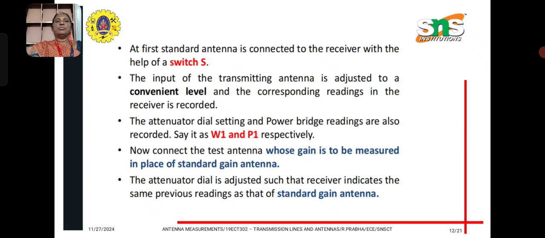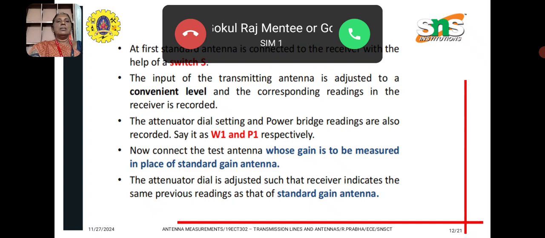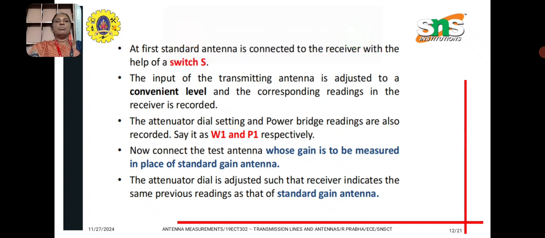The input of the transmitting antenna is adjusted to a convenient level and the corresponding reading in the receiver is recorded. The attenuator dial setting and power bridge readings are also recorded. Say it is W1 and P1 respectively. Now connect the test antenna whose gain is to be measured in place of the standard gain antenna. The attenuator dial is adjusted